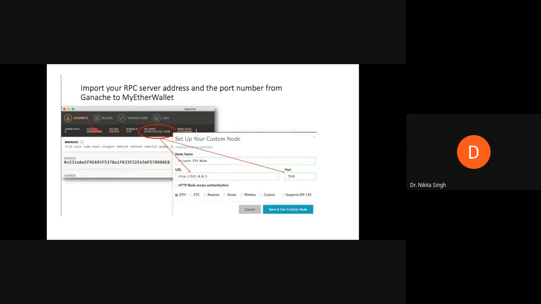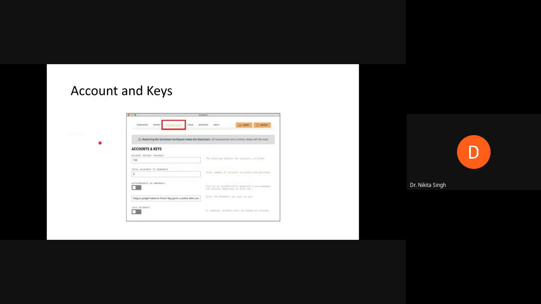You go inside account, you can have your node name, your URL, your port number. At the same time, it also allows you to set the default balance. Inside your account, you can set the number of accounts that you want to generate and the starting balance for each account in Ether.